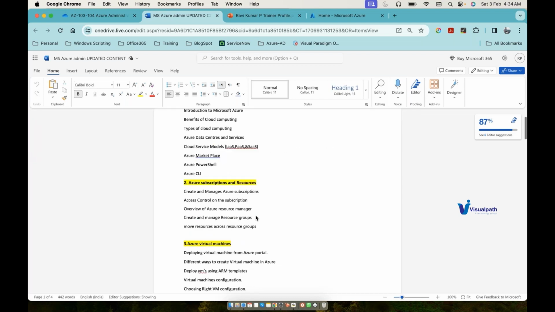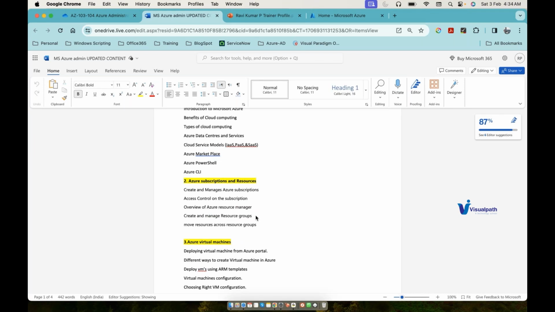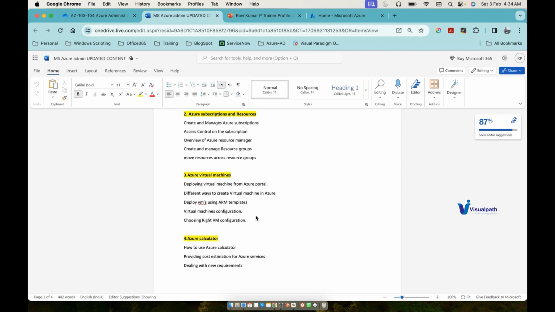In module 2, we'll be understanding about Azure subscription: what an Azure subscription is, how to create it, how to manage it, how to deploy the resource group, how to control it, and what other things you do with the resource group. And module 3, we'll be understanding about the Azure virtual